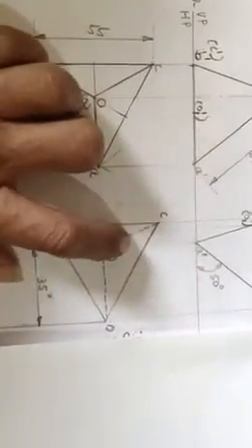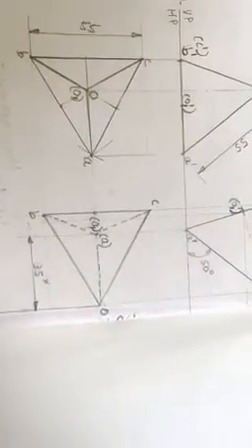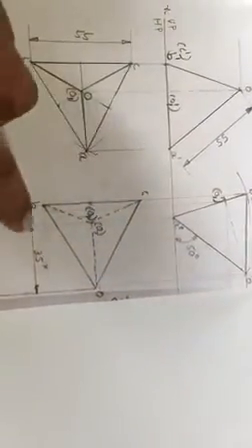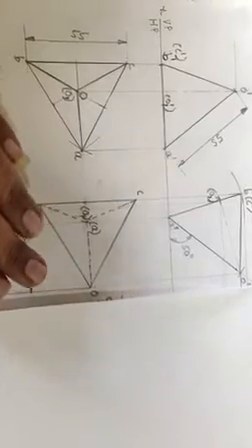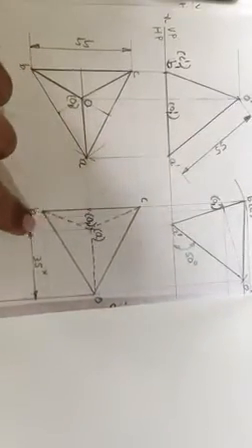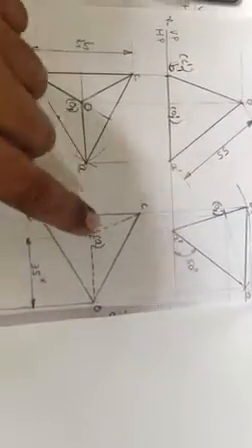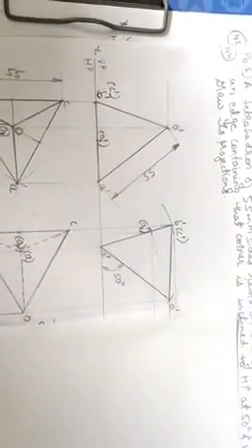Since A is not visible, the edges passing through that also will not be visible. Is it clear? So all the remaining part will come dotted here. Since now I have to draw the third position, the position will be like inclination of the solid with respect to vertical plane. Since the word apparent is not there, I have to draw the locus.